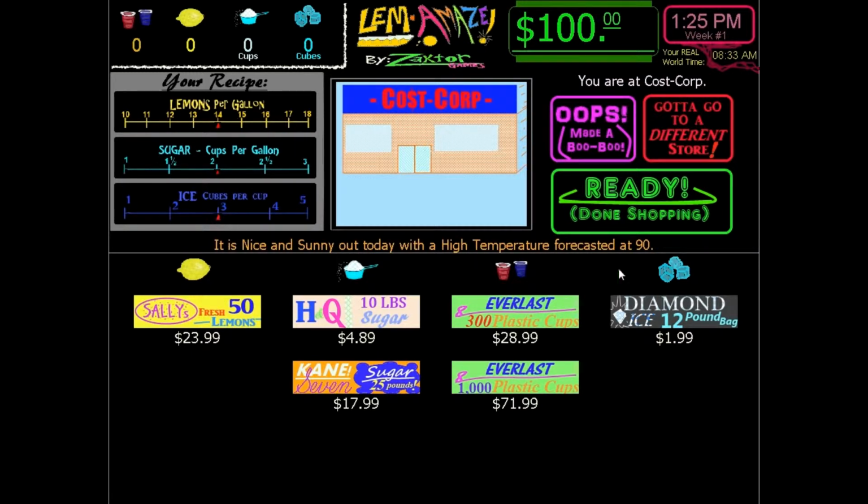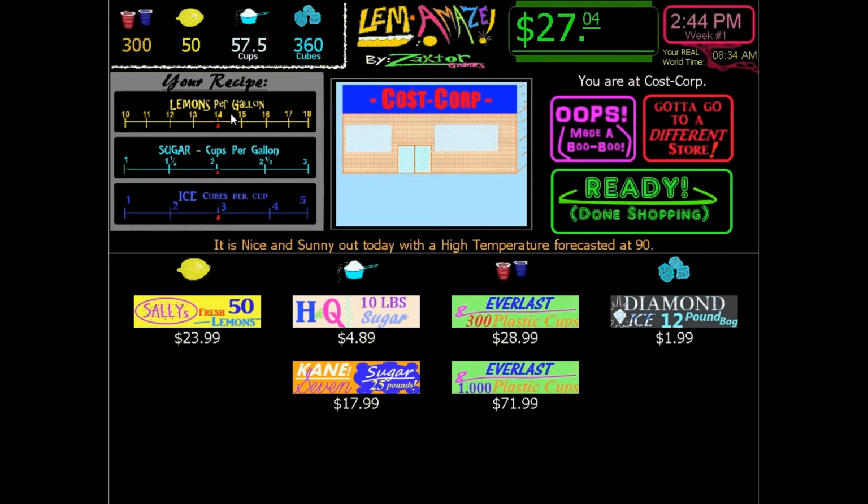It's going to split your supplies up into groups, and sometimes you'll have choices of different brands. Throughout all the different stores, there's lots of different brands of stuff you can buy, and each one has a different quality. The better quality stuff is usually towards the bottom, and it'll make a difference in how much lemonade you sell and how many repeat customers you have based on the overall quality of your lemonade. So you can start off buying some supplies,